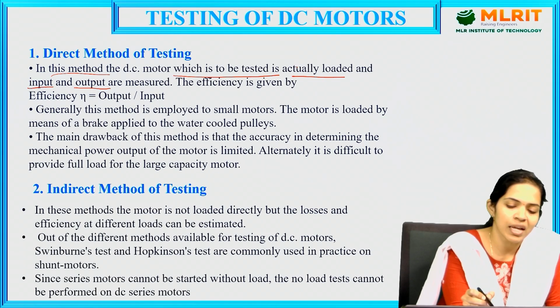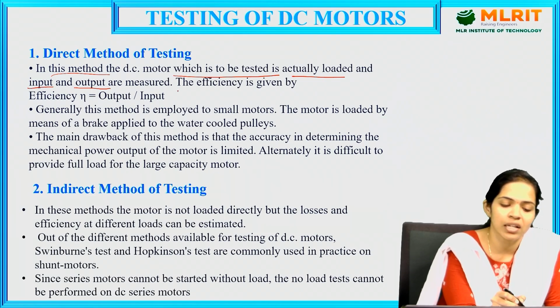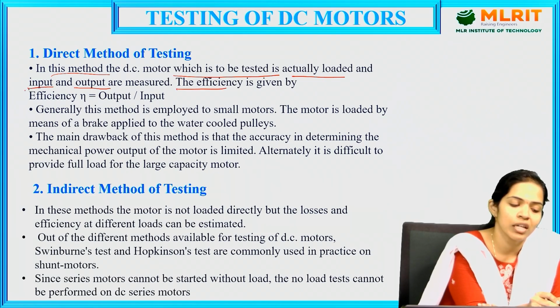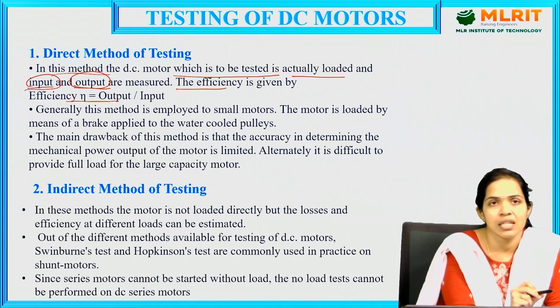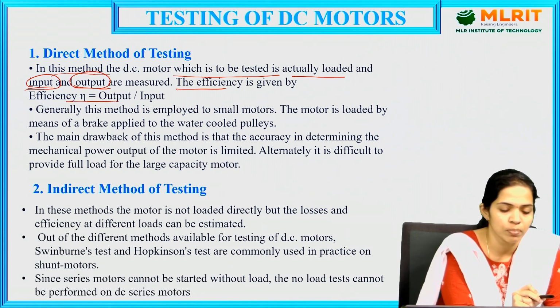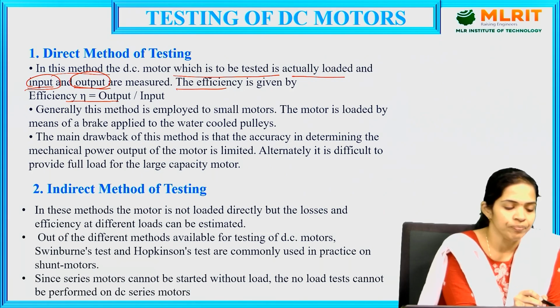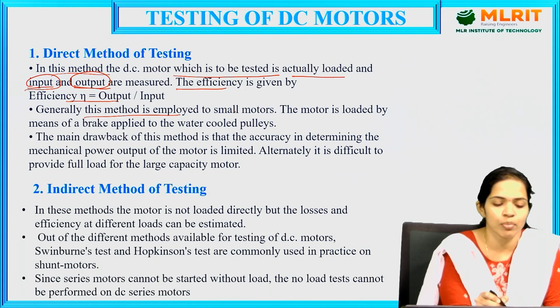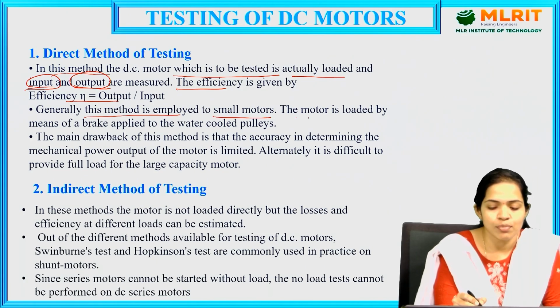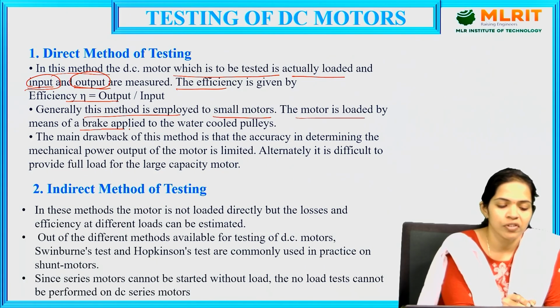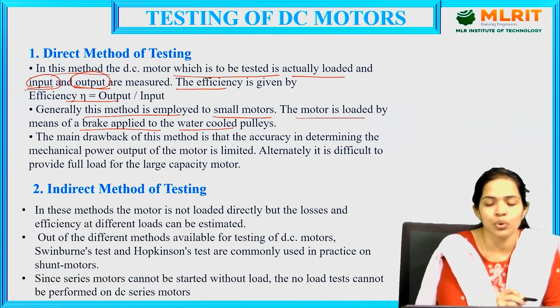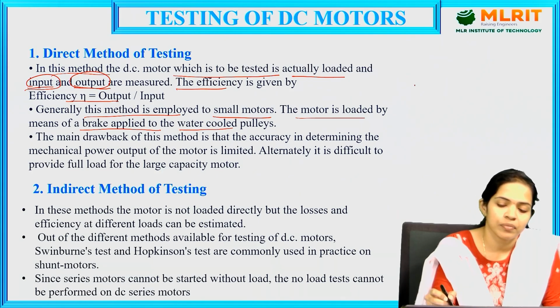So we will be directly loading the motor and we'll be calculating the efficiency by noting down the input power and the output power. We know that efficiency is the ratio of output power to input power, from which we can calculate the efficiency of that particular machine under that particular direct test. Generally, this method is employed for small motors, as the motor is loaded by means of a brake applied to the water cooled pulleys. So we take a